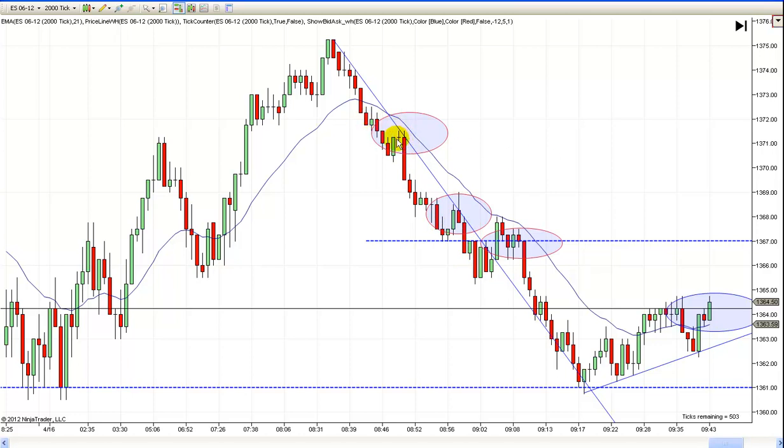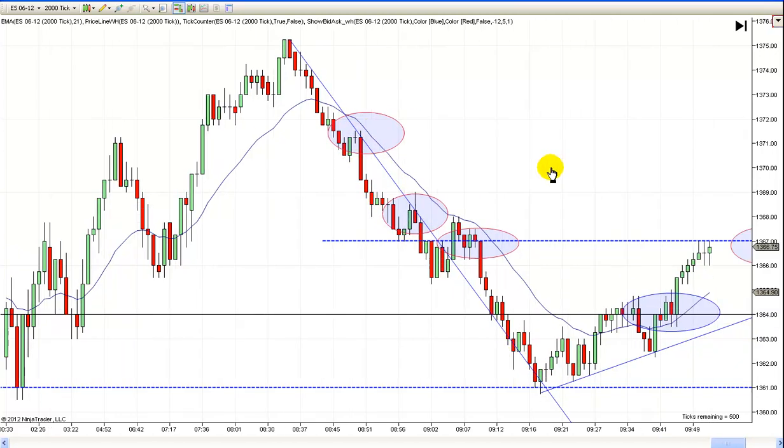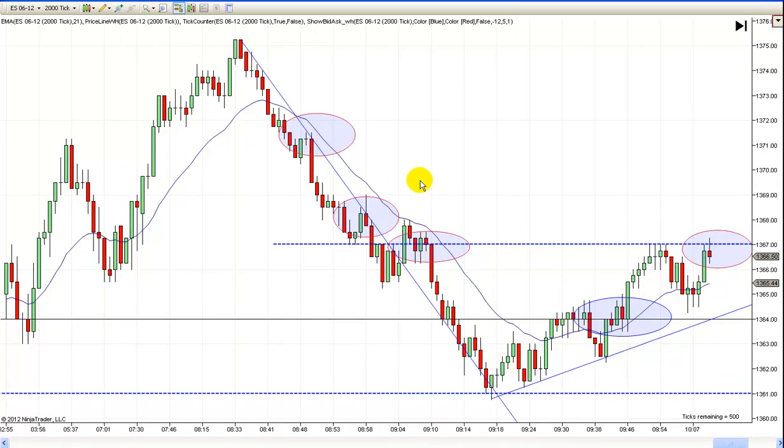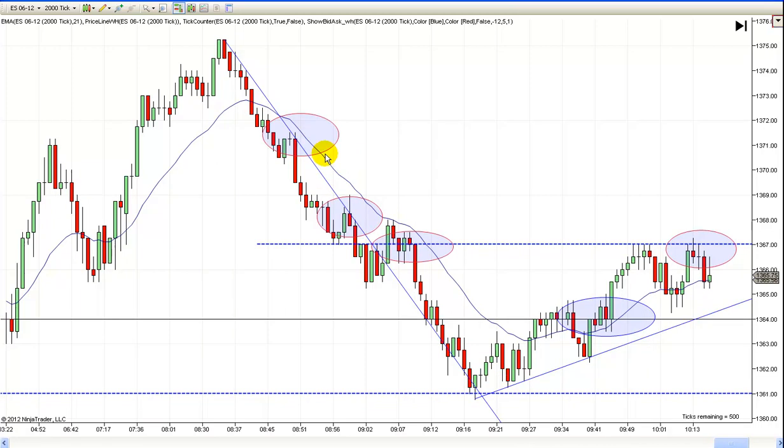This one, the good thing about this one was if you caught this one, it was a nice run down, and your runner could have got as many as 61 to 71, about 10 points there really. And then you had another nice scalp here, no runners this time, but again, you had another second entry short right here. This is actually a